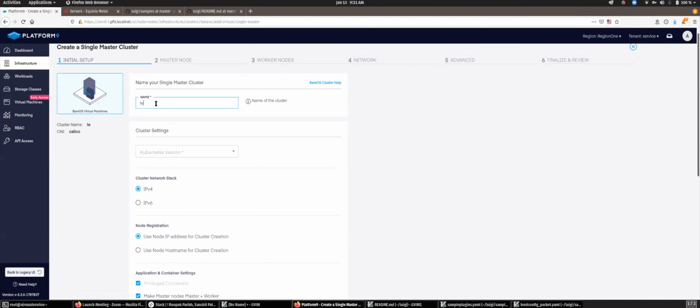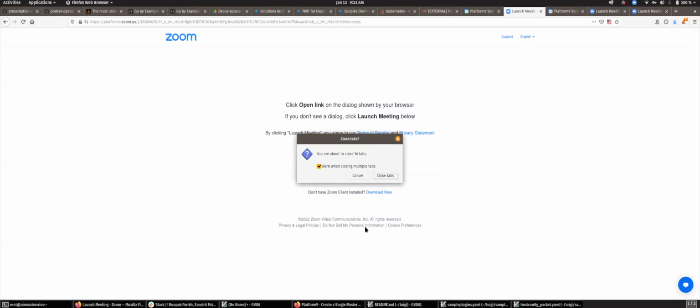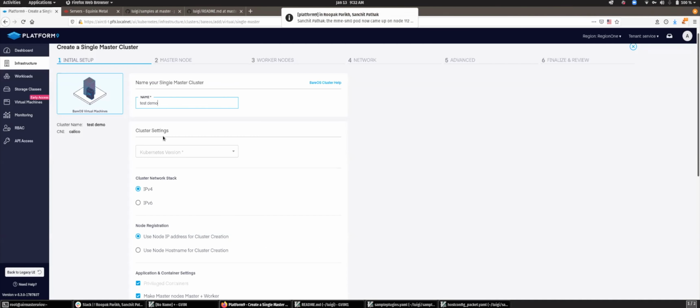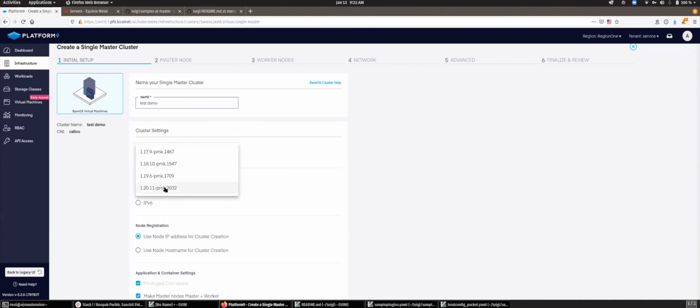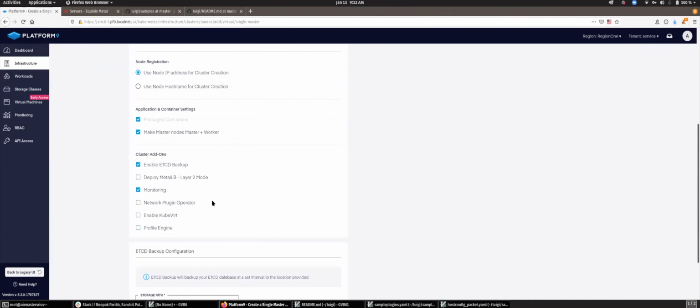Say for everyone who hasn't seen the UI, if you're new, this is our UI. This is how you create a cluster. Right now he's checked in a couple of bare metal nodes, and here you can go through and select which nodes you want to add to the cluster. So what is he doing? He's removing the master and worker role from the master nodes, that way just the worker nodes will run workloads.